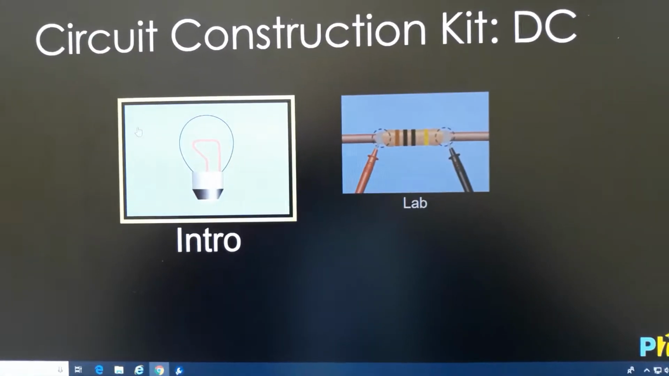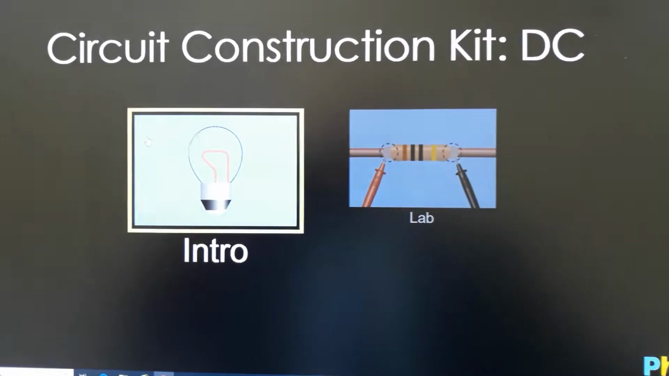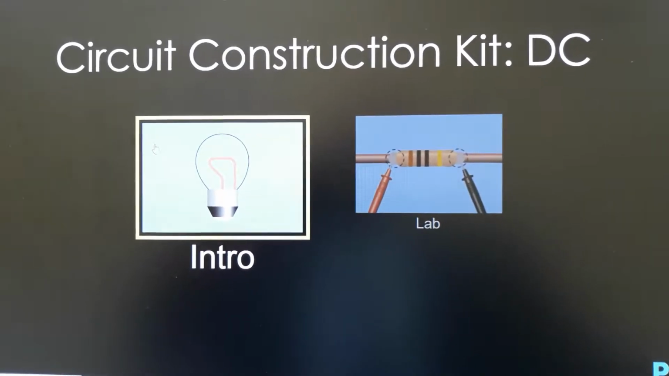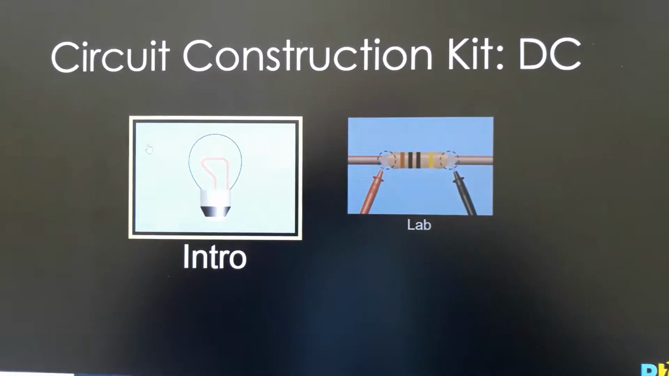Hi students, in week 5 and week 6, we're going to be working with the circuit construction kit